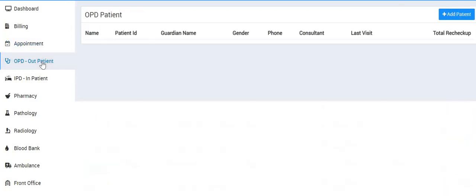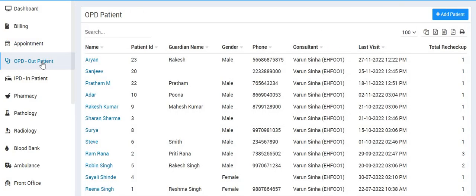The doctor will see this OPD menu. I am showing it from a combined view. All the modules on the left side will be distributed as per the login panel, and you can configure it from your end. Once you click on the OPD part, the doctor will see